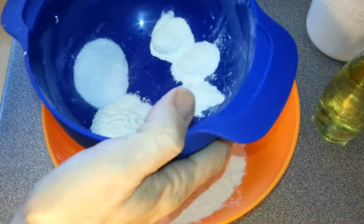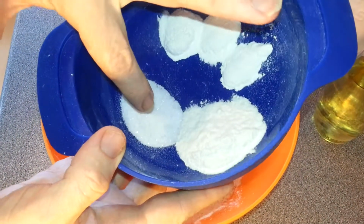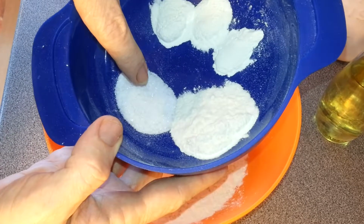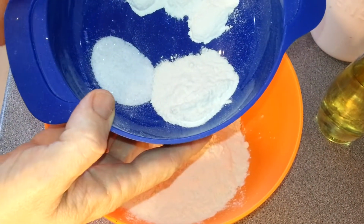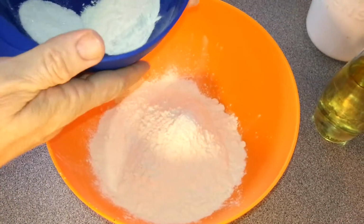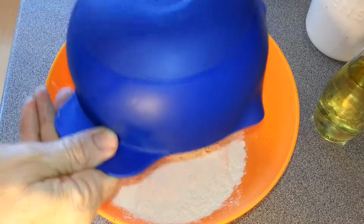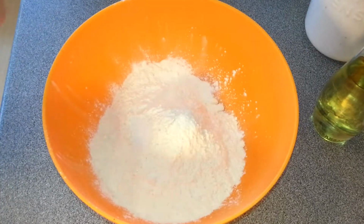So what I've got here, as you can see, these are my 3 teaspoons of xanthan gum. This is my 2 teaspoons of salt, and this is 4 teaspoons of baking powder, and make sure that's baking powder and not bicarb. So I'm just going to pour this in like so, mix it together,